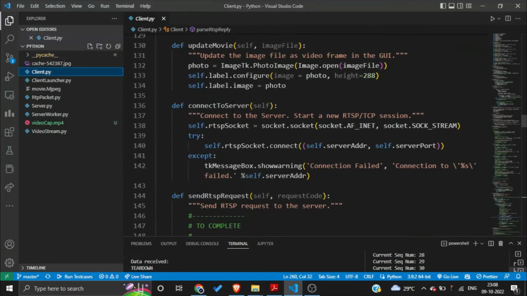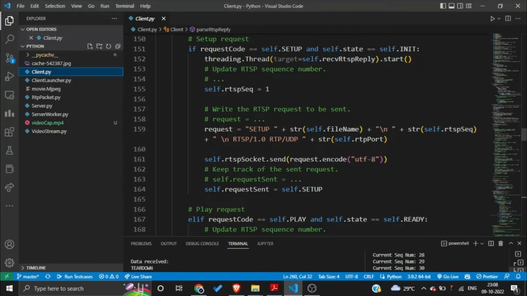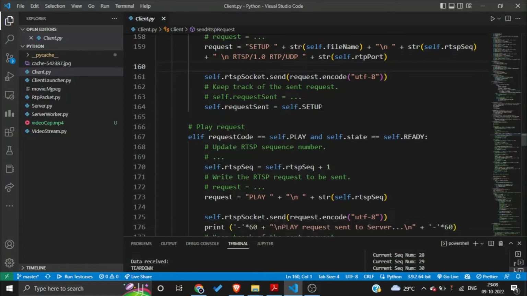So yeah, send RTSP request. Here you can see that if the request code is setup, we create a new thread targeting another function that receives the RTSP reply. Then we create the request, which consists of SETUP and the file name, the separator that we discussed before, the RTSP sequence number, and the RTSP port, and other things that we require for our request. By that we encode the request using UTF-8 and send it through the RTSP socket,